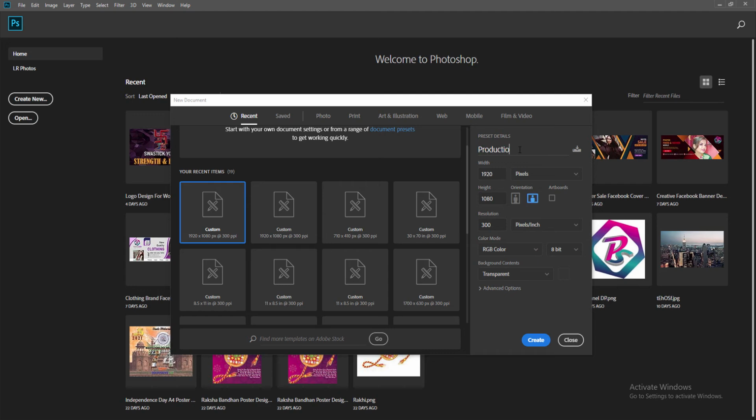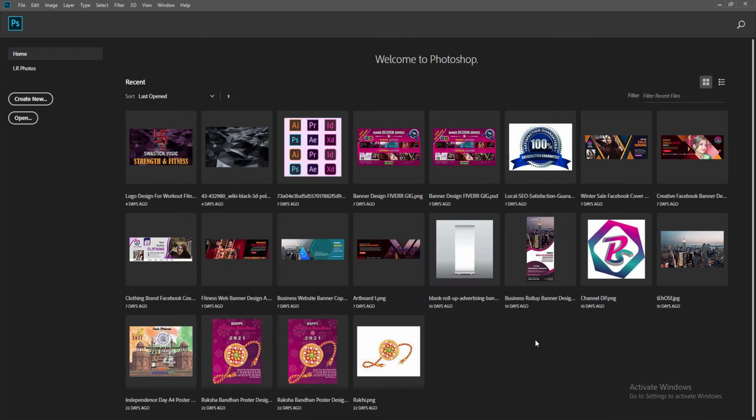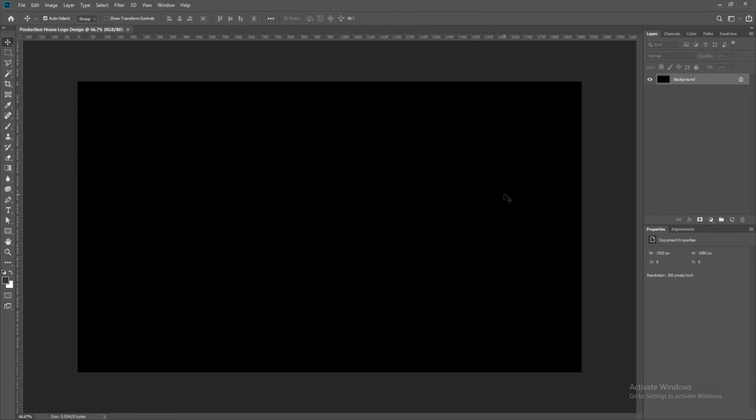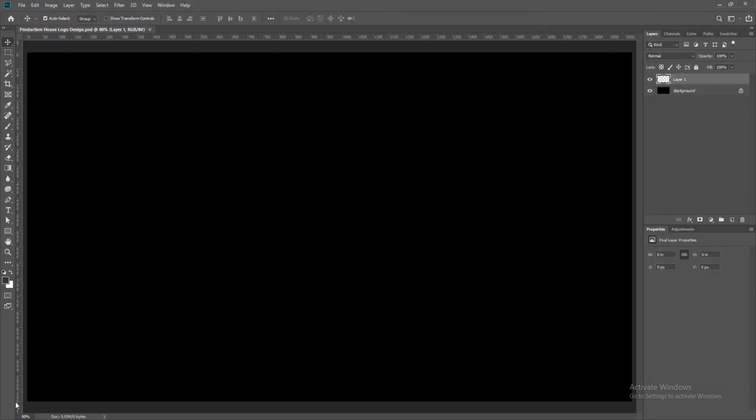Today I am going to show you a tutorial regarding a logo design in Adobe Photoshop which is based on a movie production house. I am making this concept design as per one of my followers' request, by which all of you guys, especially who are beginner or intermediate graphic designers, can take an idea about logo designing through some creative and simple applications